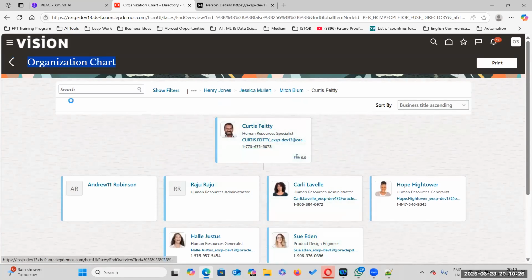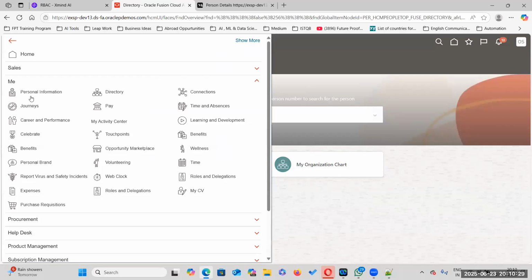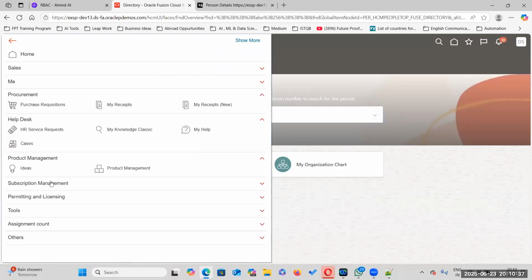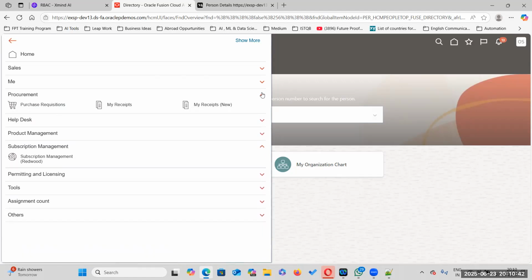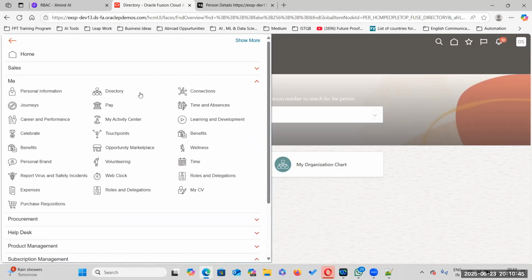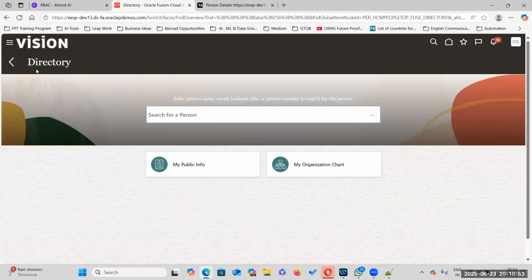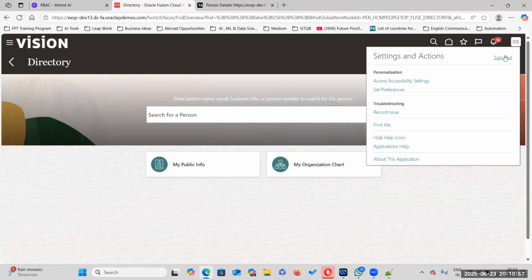Now, as an employee, we came and verified this personal information, directory and all these things, but we don't have any kind of managerial role here. Only whatever the employee role gave, we had all these kinds of tiles. All these tiles are work areas. Now, what I have to do? I want to add the line manager and assign one or two employees to Scott. I want to make this person a line manager.